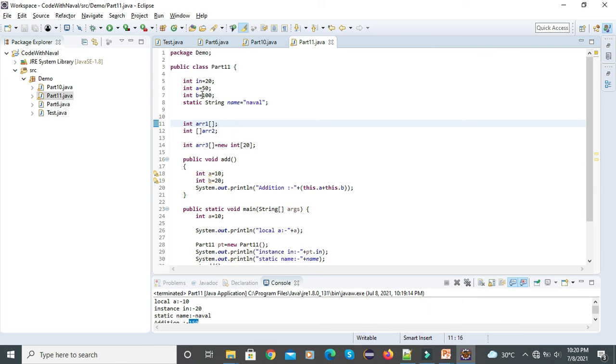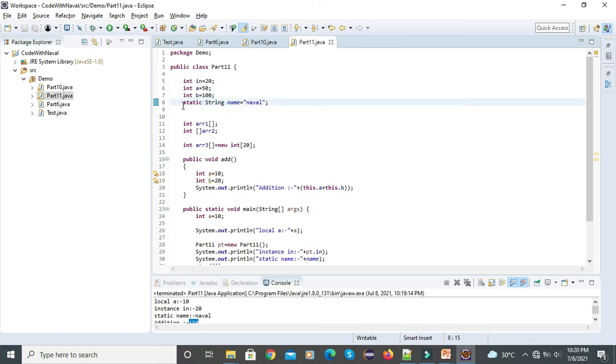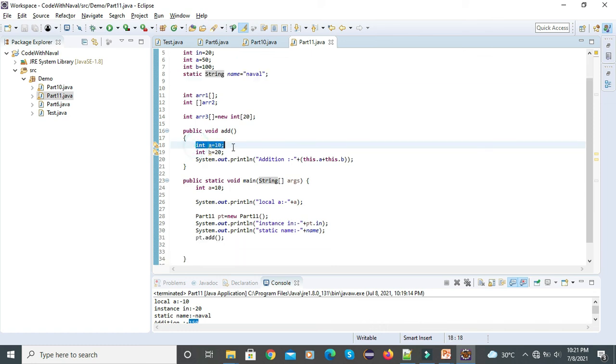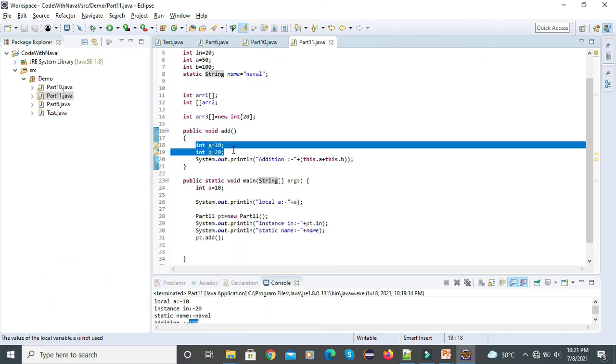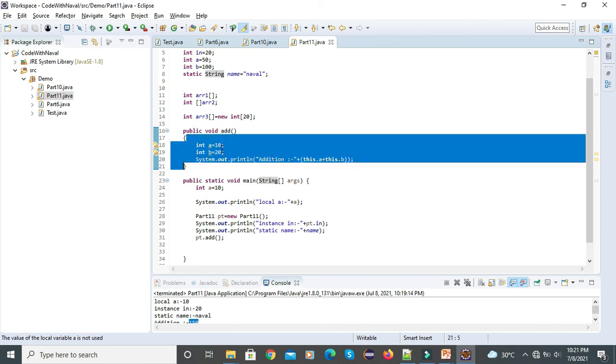So in this video we saw that these three are instance variables, this string variable is a static variable, and these two are local variables. A local variable we can access only inside this method.